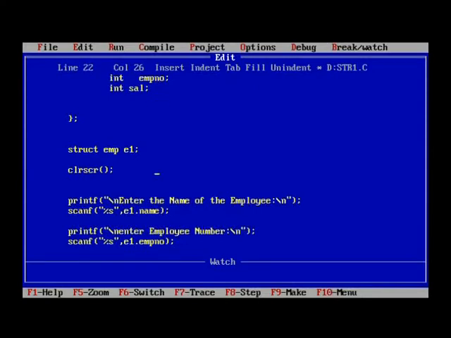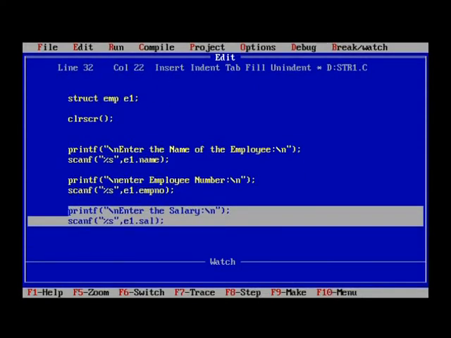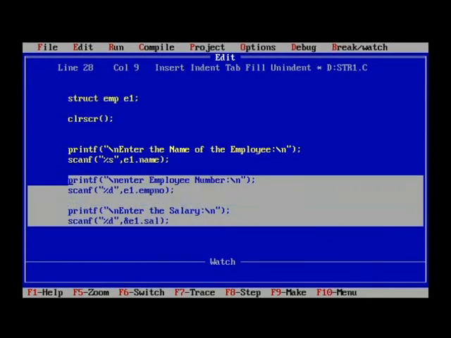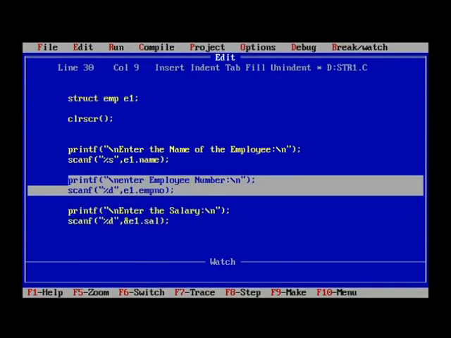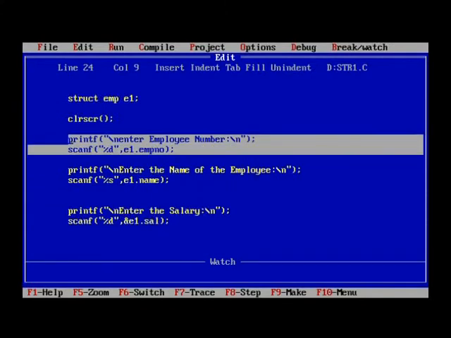Yes, it is okay. But what we have to take care of is that when we are reading this number, we have to put the ampersand, except for the string. Here also it should be %d, and it should be %d over here, and here it is %s. Normally employee number is the first one, so I will move this to the beginning of the output. Okay, I will save this.